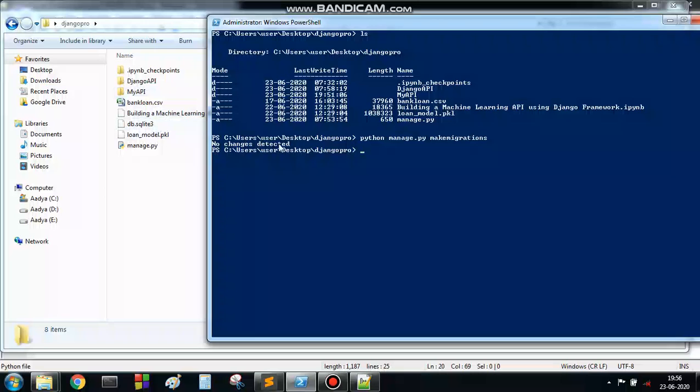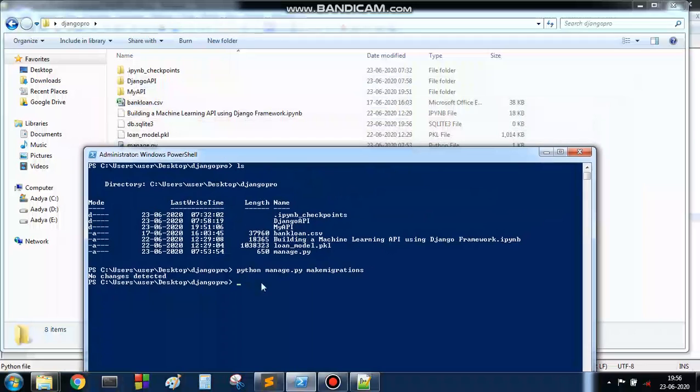Clearly you can see here, after executing this command, a database is created. And what is the size of the database? 0 KB. Now I want to make the migration complete. For this reason I am writing the command python manage.py migrate. This will actually put the tables and all the SQL-related stuff into db.sqlite3. If I execute this command, you can see this 0 KB will increase to some value. So let's execute this command.